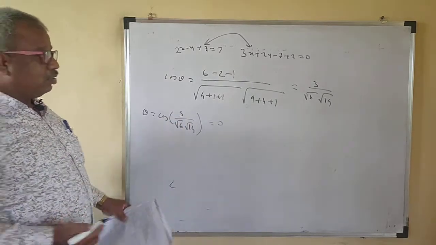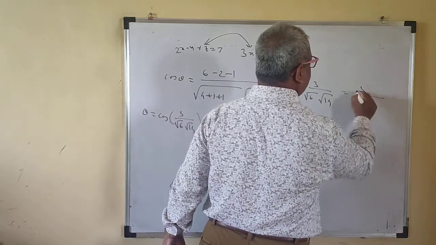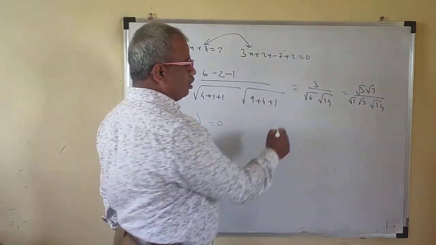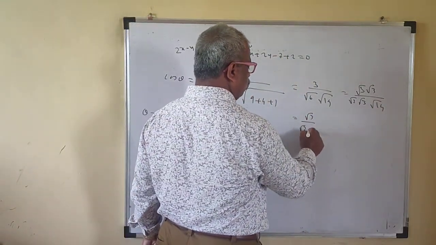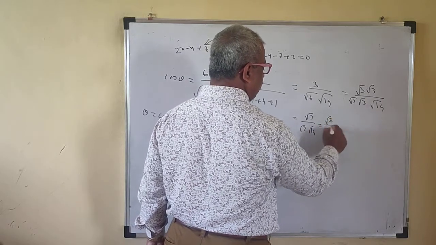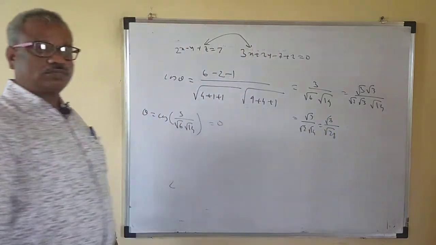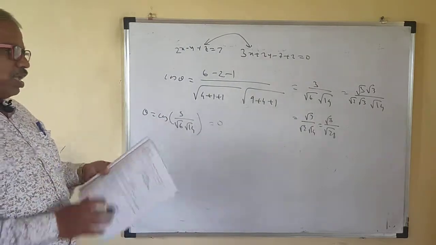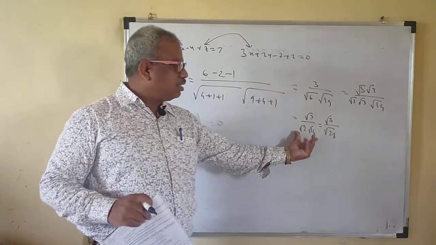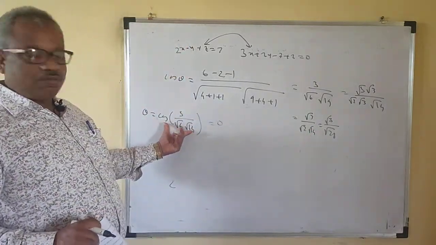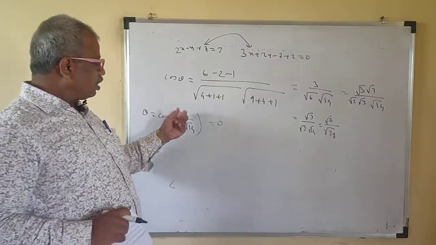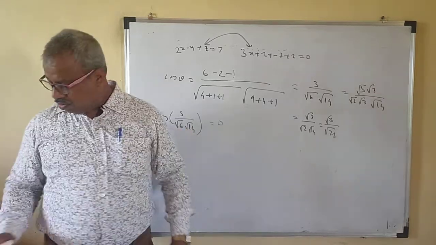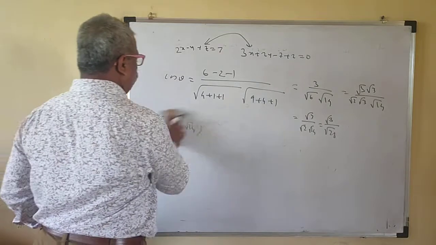Now this root 6 we can also write as root 3 into root 3, and root 2 into root 3, something like this. So this may also be root 3 upon root 2 into 14, or root 3 upon root 28. Many options are there, and you have to choose the correct option. It may also be given as 3 upon root of 14 into 6. You have to do the product of this one. I hope that you can now find the angle between two planes.